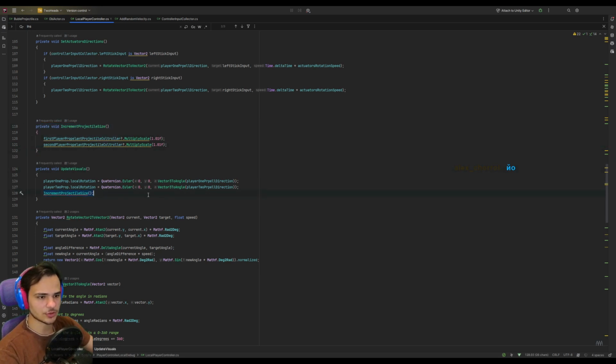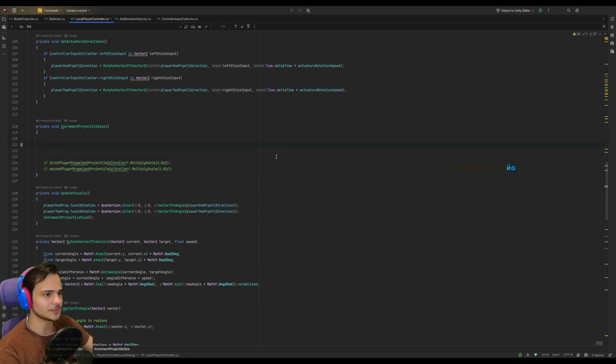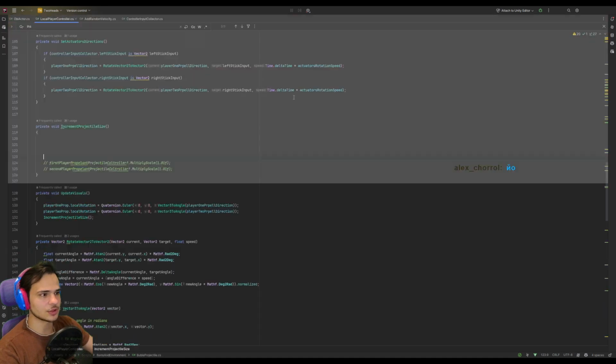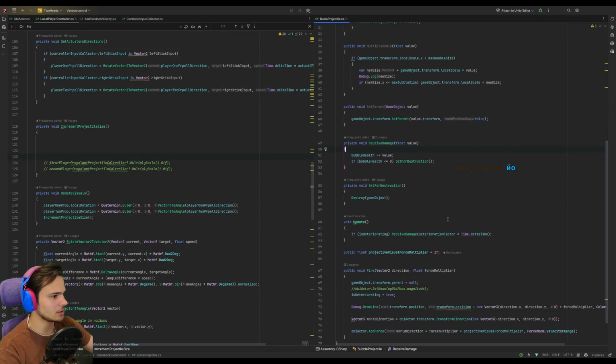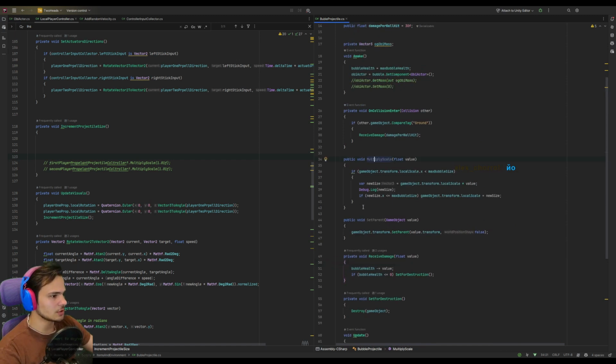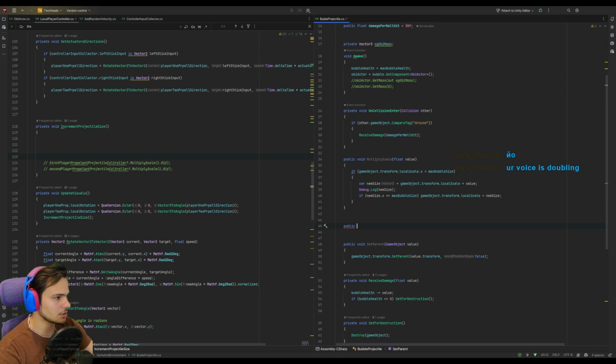In update visuals, we have this increment projectile size. So let's just comment this out for now. We're gonna comment this out, and we're gonna do some visual updating. So let's split this halfway so we can look at both of them at the same time. We can do multiply scale, but we can also do something like public void